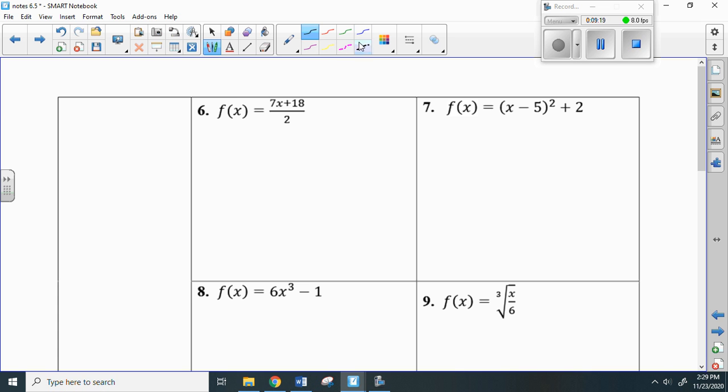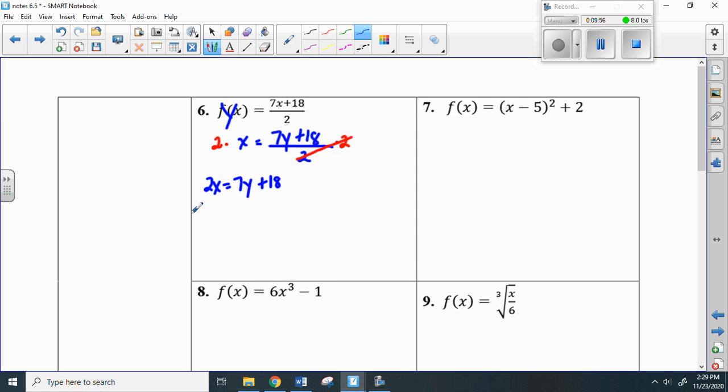All right, so same directions. Find the inverse. So we change f of x to y equals, and literally switch the x and the y. And now we have to figure out what math is going to be required to get y by itself. All right, pause it and think about it. Come back to me. All right, hopefully you got rid of the bottom first, because you can't move anything off of the top if there's still a bottom sitting there. So that gave you 2x equals 7y plus